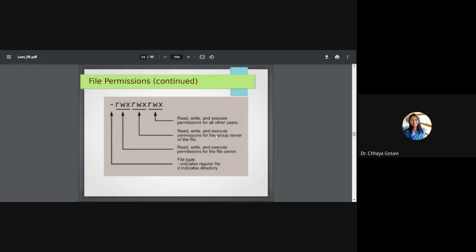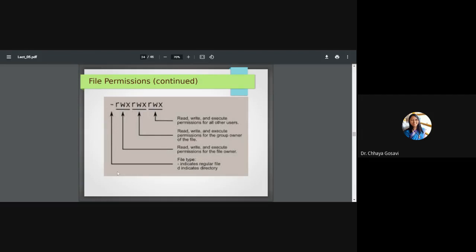This is for group, read, write, and execute permission for group. And this is for others. On the left hand side this is for owner, then this is for group, and this is for others.